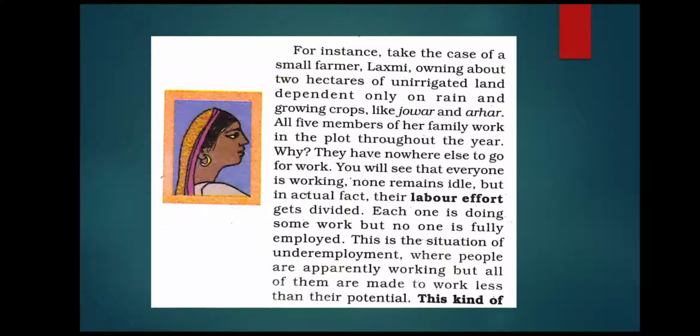Each one is doing some work, but no one is fully employed. This is the situation of underemployment, where people are apparently working, but all of them are made to work less